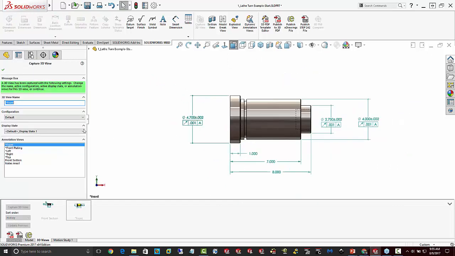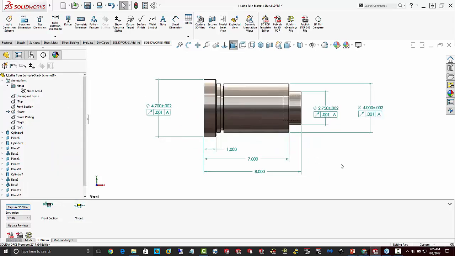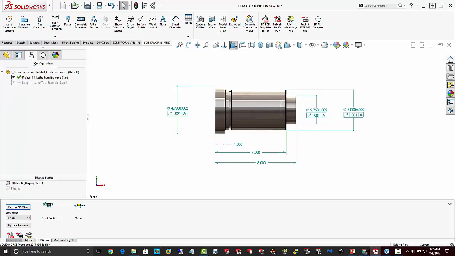Which is going to capture the requirements for the external associated with our front annotation view. Then the next thing I want to show is, well, what about configurations? I have a long configuration and a short configuration here. Right, so if I just jump over to my long configuration,